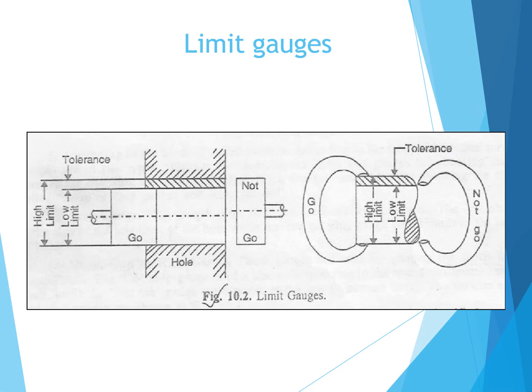You can see the diagram of a limit gauge now. So you have the higher limit and lower limit. The go gauge will get into this, and the no-go gauge will not get into the limit. You can see this no-go gauge. Its dimension is slightly higher than the maximum, that is the high limit. You can see here also the same case with the dimensions of the workpiece. So there is a go gauge and no go gauge for the higher as well as for the lower limit.